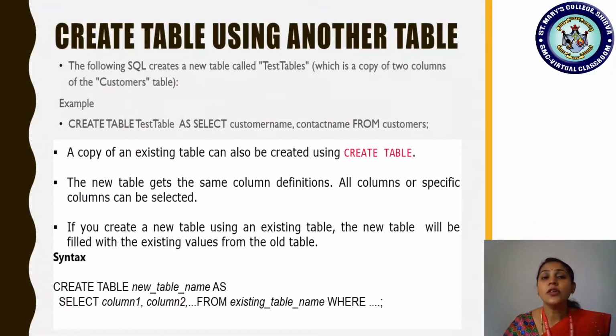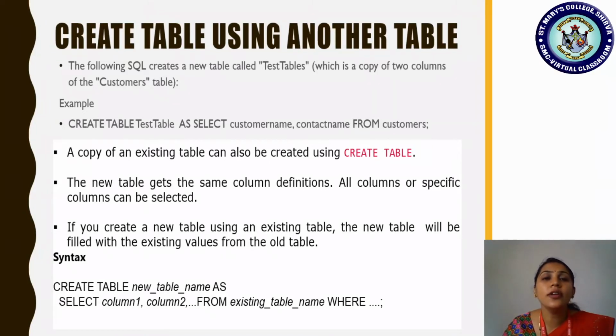Now this is a concept I told in the very first discussion of the select statements or the SQL commands. I discussed how to create a table, right? How to create a new relation or a new object, a new entity in a database. So now this is a discussion where you want to create a table but with the help of another already existing table. You want to create a new table, but that new table should carry the features of an already existing table in the database. That is the meaning. But what you want to create is a new one.